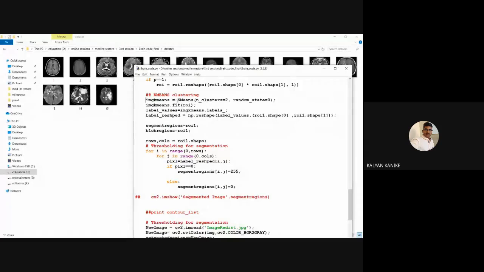Fine. Here by using this k-means, we are going to find out the clustering information. We are able to find out the clusters like 2, 4, 6 and 8, even numbers.